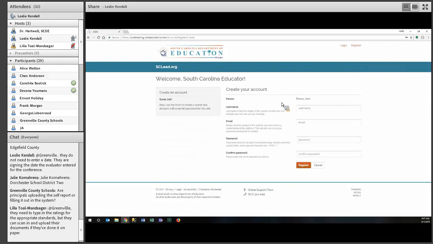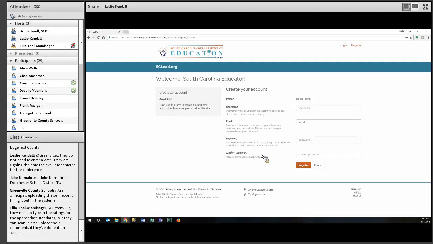And then from here, you'll be prompted to create your account, entering in a username. The username can be an email address. It can be first name dot last name, whatever is easy for you to remember. And then the email, we've had questions of what the email can be. It can be personal or it can be the school work email address. We will be incorporating a notification system into the system itself, so I would recommend that you use a work email address just so that you get those notifications to that email, but that's a personal preference.